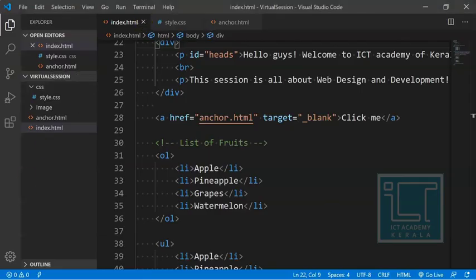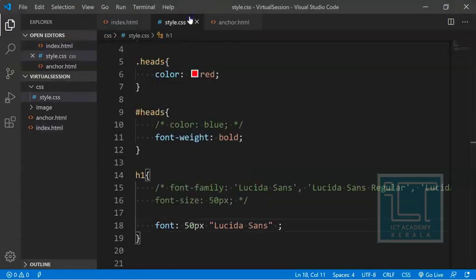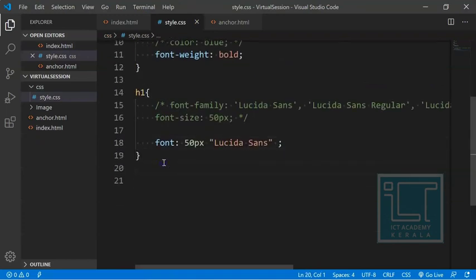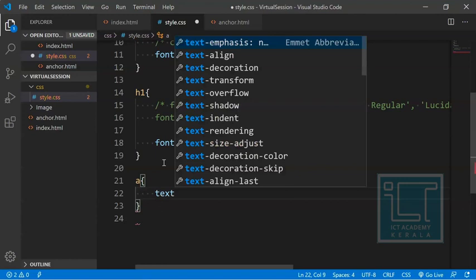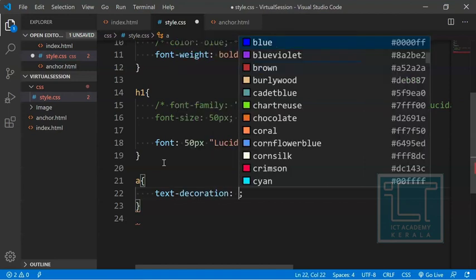if I want to provide an anchor tag without any underline, I can do that using the feature called text decoration. I have to first call that particular anchor tag, either using its class name or ID name, or directly using the anchor tag. If I want to apply this text decoration to all the anchor tags, I can simply write a. So a is the anchor tag, which is the CSS selector name, and inside that we have to provide the property. There are a number of properties already built into Visual Studio. Among those, I am going to choose text decoration.